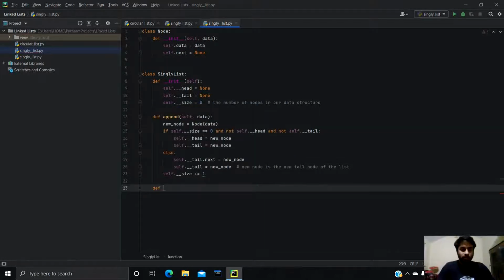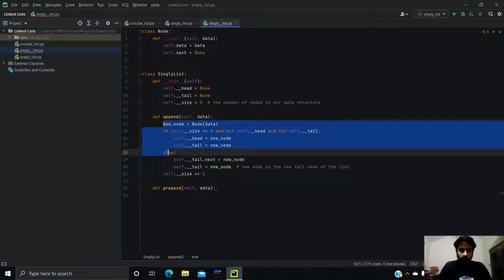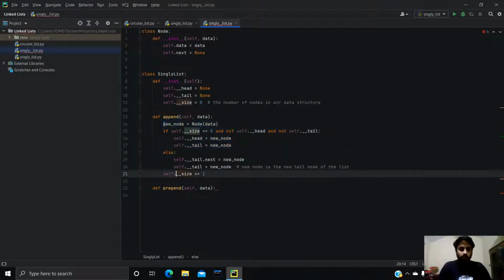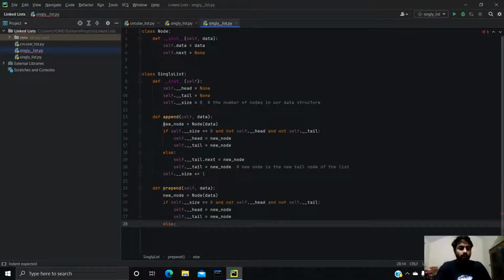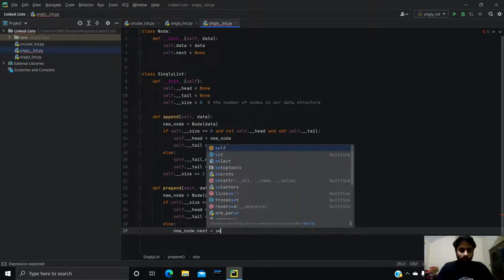Similarly, we are going to make prepend method data. We are going to copy these lines because these are going to be the same. Okay. So if there is no data, it is going to set head and tail nodes towards new node. But if there is any data, now what we have to do is new node dot next is set to self dot